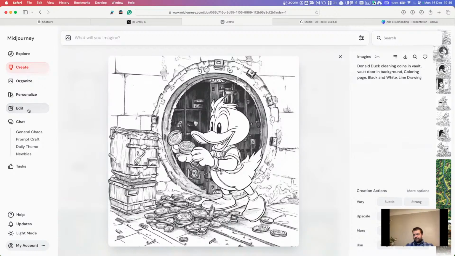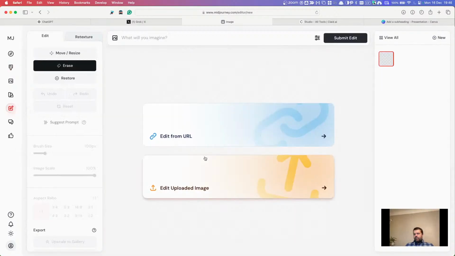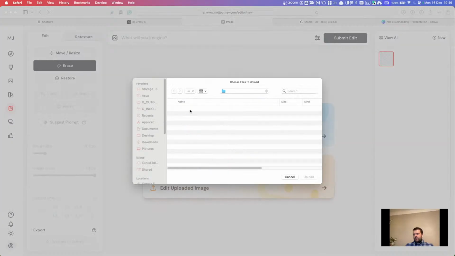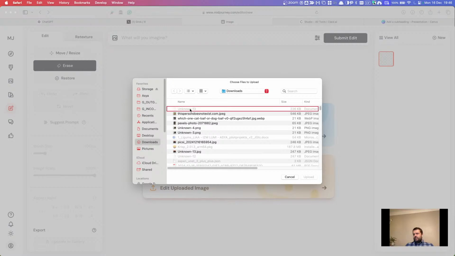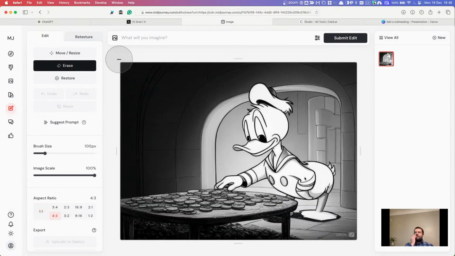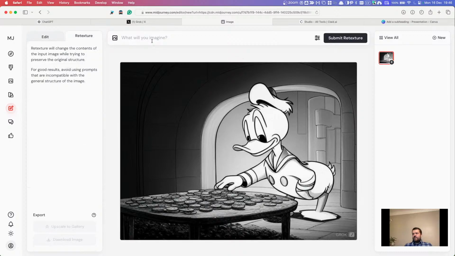I can use these pre-processed images or images I just created and modify them. Oh no, unfortunately I need to add here some extension. Yep, so there is the image. So here in Midjourney, I can do a lot of things. I can immediately retexture it, so I can make it, let's say, black and white